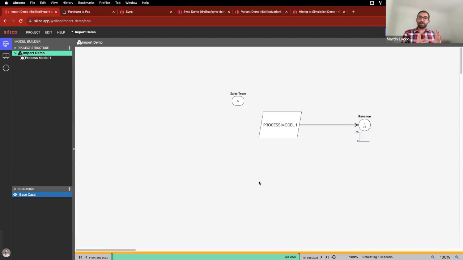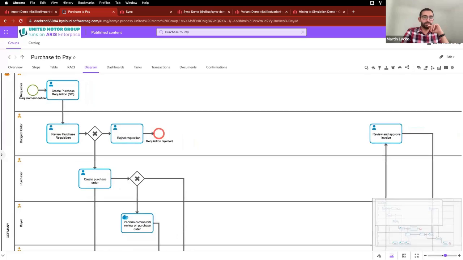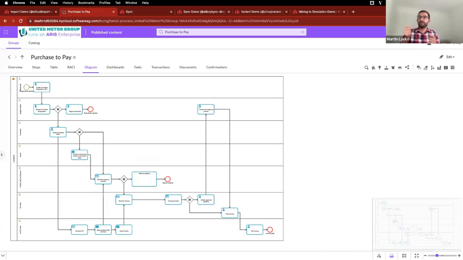So that's the simple part, just to get the idea across. You import your file, you set the numbers, and then you use that simulation of the process. And it also scales up across much bigger processes. So if we've got, for example, a purchase to pay process in ours, which we've got here, someone identifies a requirement to buy something, creates a purchase requisition, it gets reviewed, there's a gateway where it's rejected or a purchase order is created. And if I scroll out a bit, you can see it's much more complex than that 3-step process we had earlier. It's got a couple of end events, more branches that nest and come back together